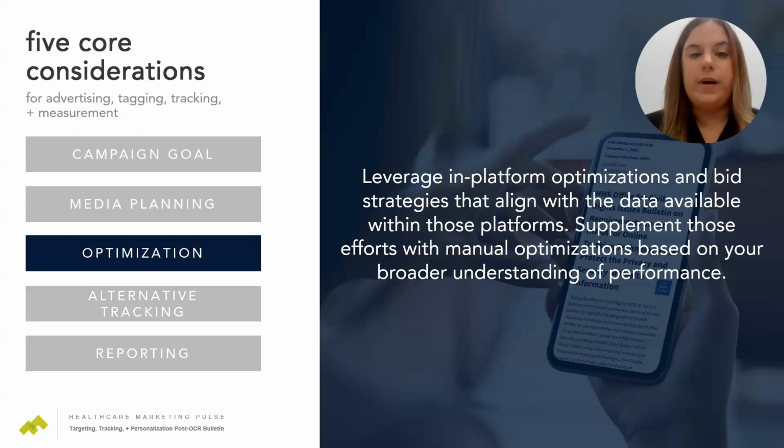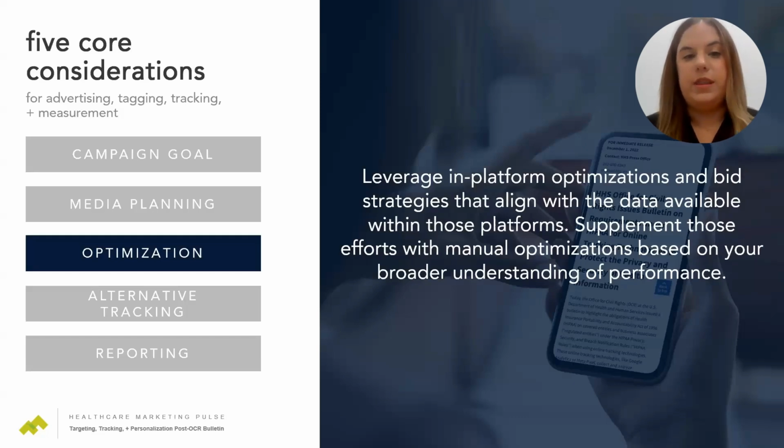So something that we recommend and that we've done with our partners is optimizing for metrics that are still available and visible to the platforms, which in most cases is clicks. If you're running an awareness campaign, you may still optimize for reach or impressions or something of that nature, but really keeping the optimization strategy in platform in line with what the platform has access to from a data standpoint,